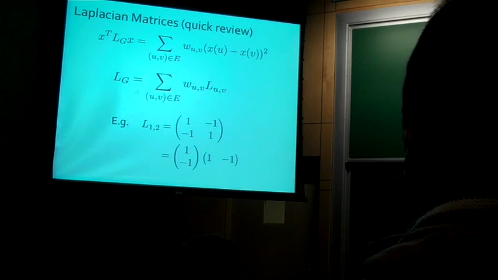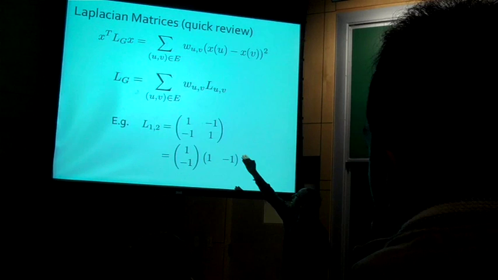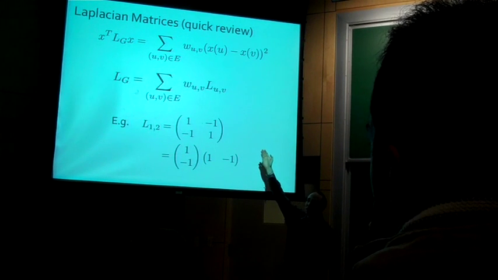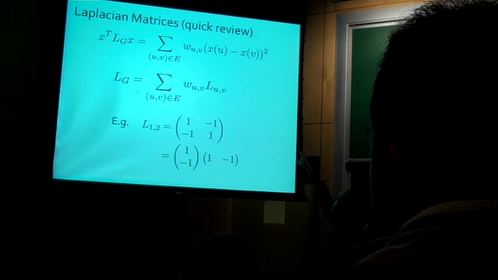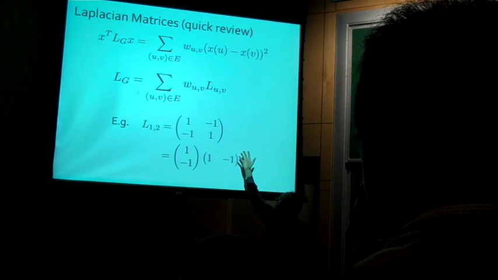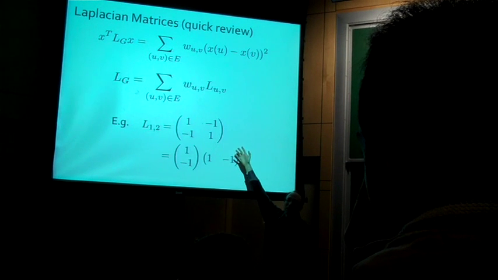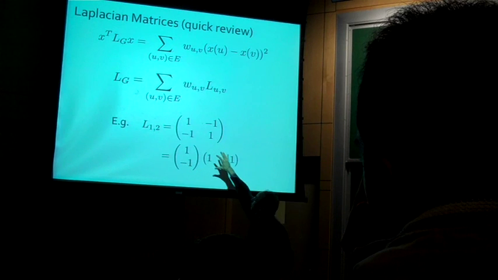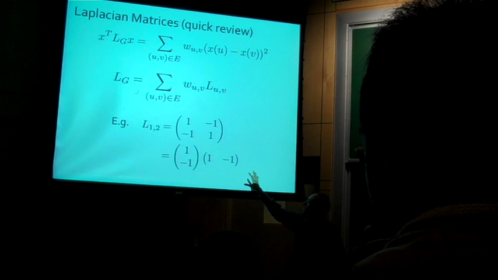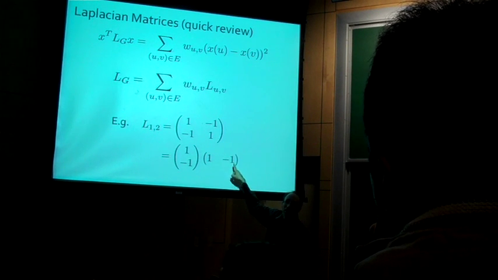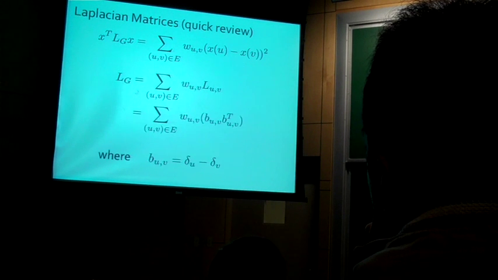Another important property of the Laplacian is you can write it as a sum of elementary matrices. In this case, you can think of writing it as the sum of a Laplacian matrix, one for each edge. So I will use L sub uv to denote the Laplacian of edge uv. It's just an elementary matrix which gets you this term x of u minus x of v squared. For example, for the edge from vertex 1 to vertex 2, this would be the elementary Laplacian matrix. Ones on the diagonal, minus ones on the off diagonal, and you can write that as an outer product of an elementary vector corresponding to that edge. It's got a 1 in one position and a -1 in the other. That's for the example of the edge from vertex 1 to vertex 2.